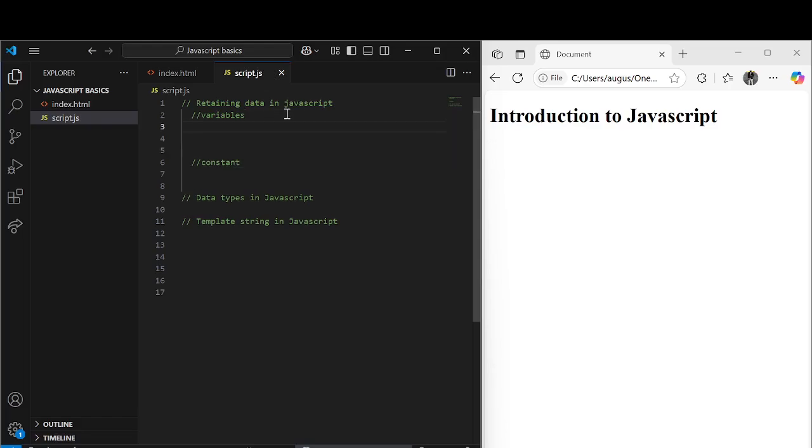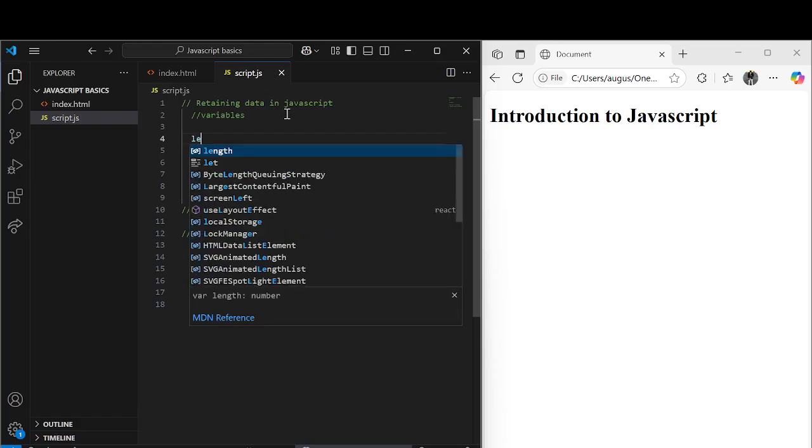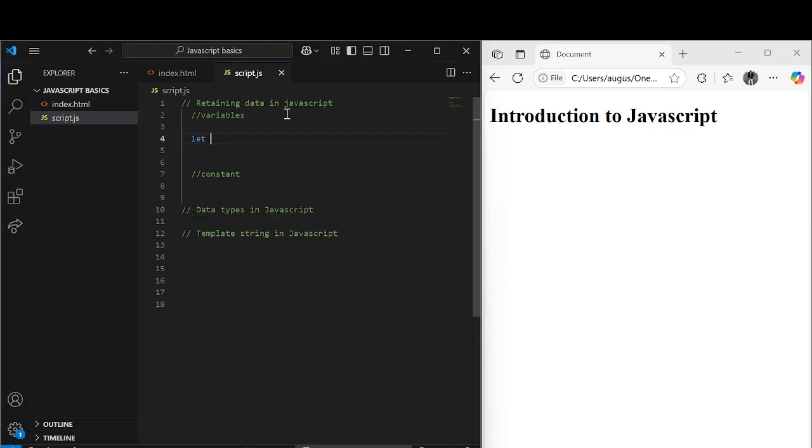The first step in initializing a variable is using the let keyword, then the name of the variable. So let's say we want to create a variable and name it num. First of all, we'll have the let keyword there to show that this is a variable. Then the name of the variable, let's say we'll call it num, then it's equal to